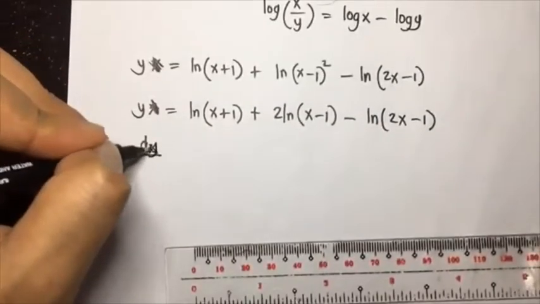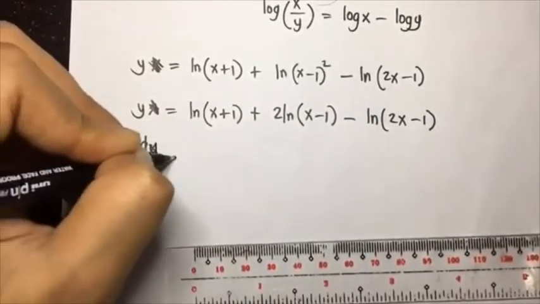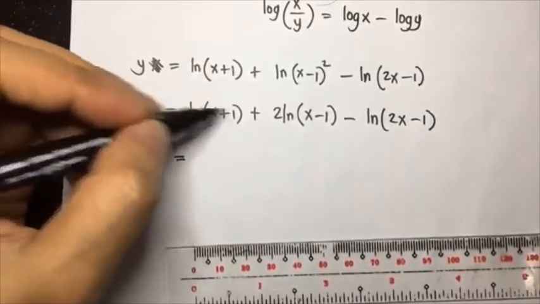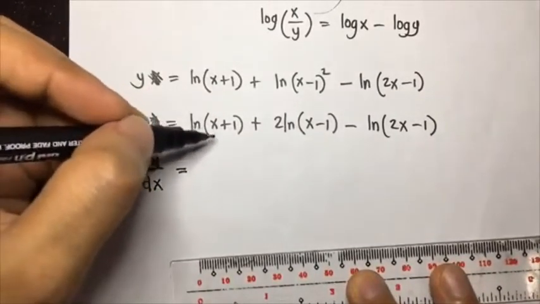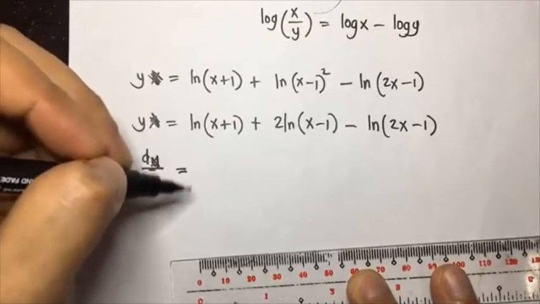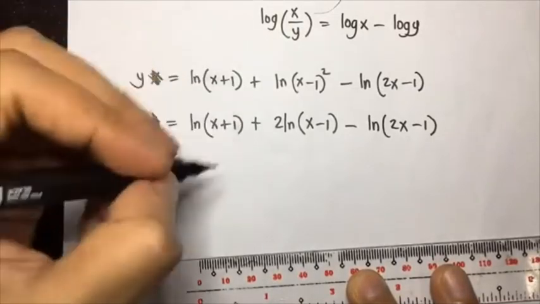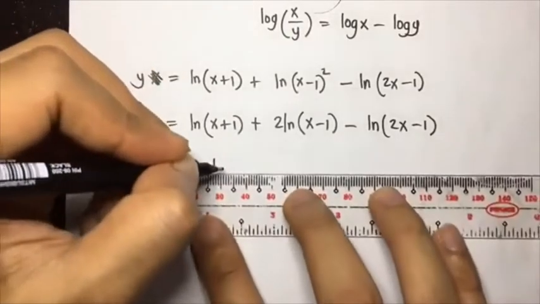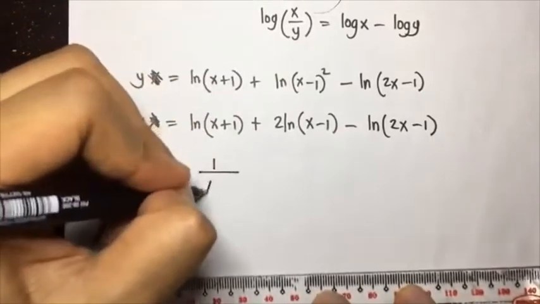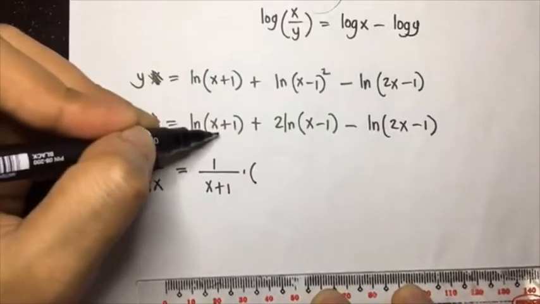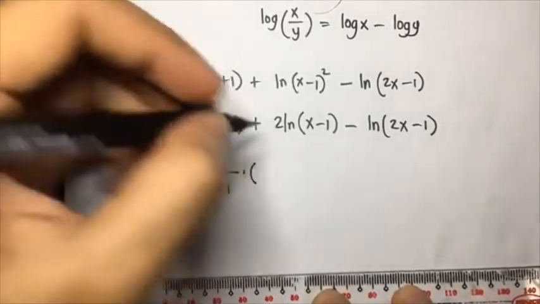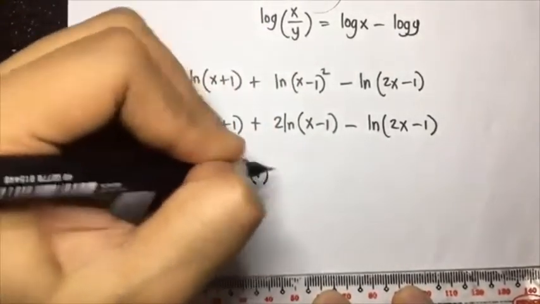Okay, so dy over dx is equal to, so all we need to do is derive this. Following the formula, the derivative of ln of u is equal to 1 over u multiplied by d over dx. So this will become 1 over x plus 1 multiplied by the derivative of x plus 1 with respect to x, that is 1,